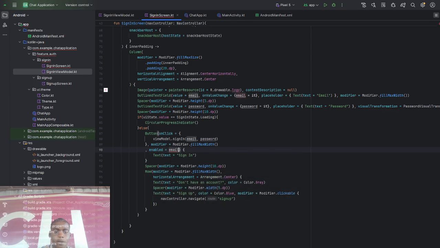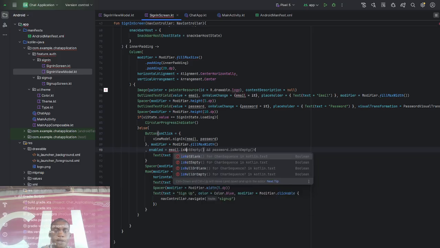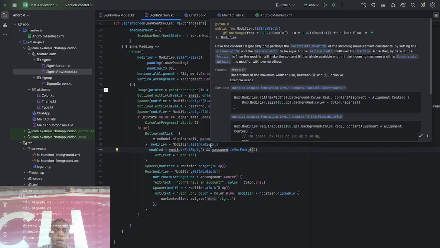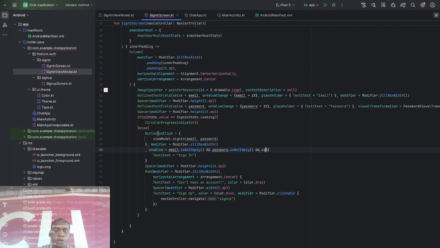Email is not empty and password is not empty. So if this is not empty and this is not empty, the value of this will be true and it will be enabled. And also UI state dot value is not equal to signing state dot loading